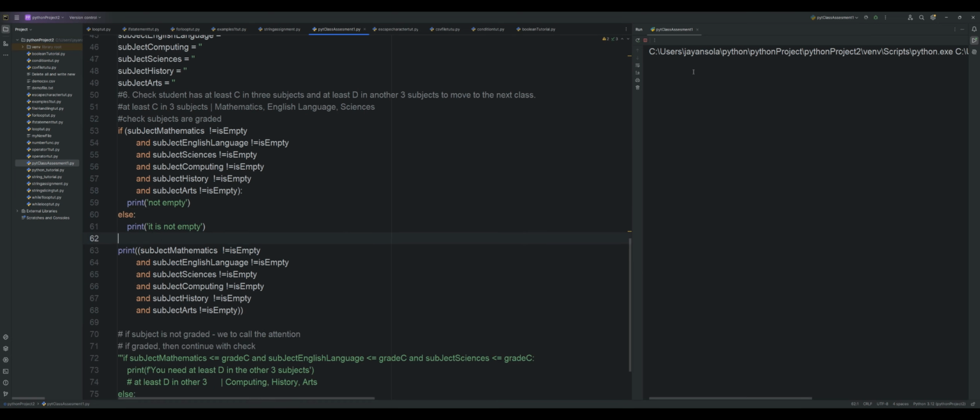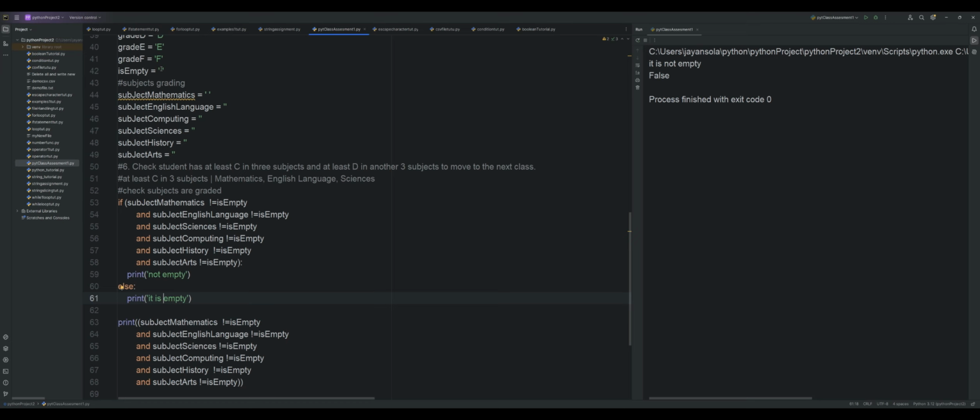So if you now click it, it should say it is not empty or it is empty. Sorry, this is negative. Yeah. So it is empty. So now if I fill this one out, I put something in there and I do this, it says not empty because I'm negating it. Remember,